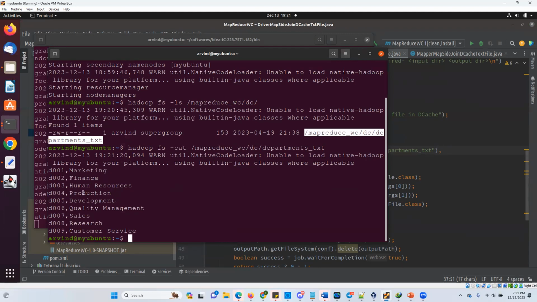So if my input file is in Hadoop file system, my output will be on Hadoop file system, right? So I will need to create a jar of this project. Have you seen that? This is my